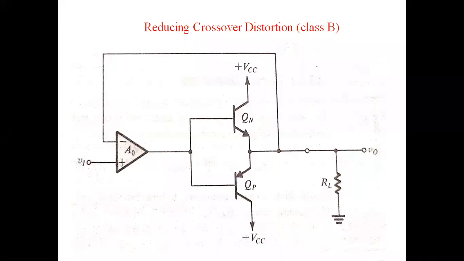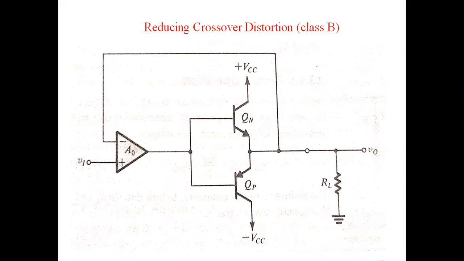In the last class, we studied the class B output stage, including its circuit operation, transfer characteristics, power dissipation, and so on. Now, you observed that in class B, a small crossover distortion is present. The crossover distortion of the class B output stage can be reduced